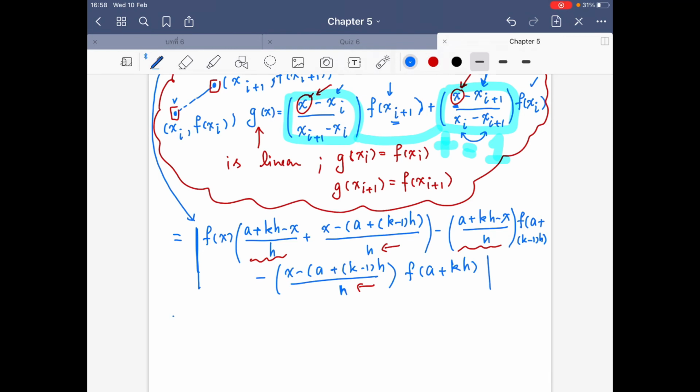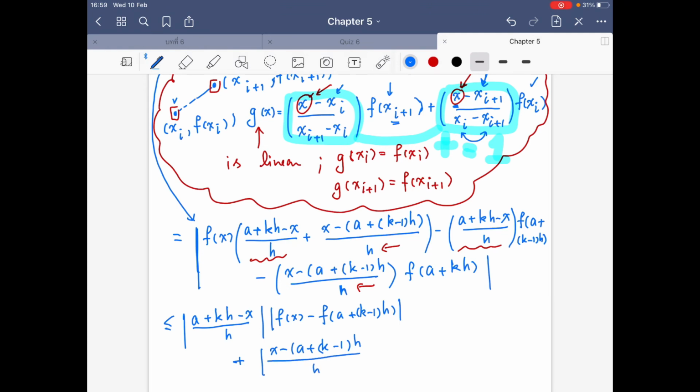So we are going to separate it into (a plus kh minus x) over h, and then f of x subtract your f at your left end, and (x minus (a plus (k minus 1)h)) over h multiplied by f of x minus f at the right end,